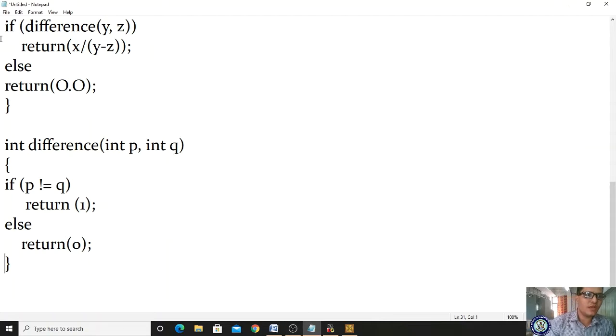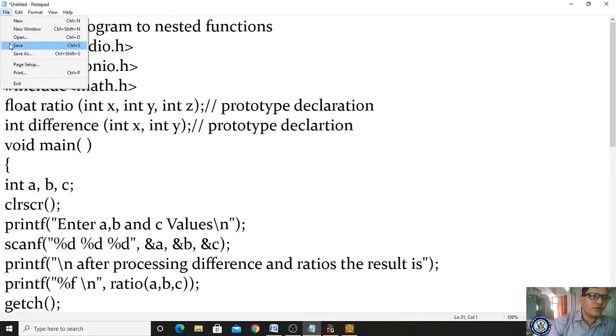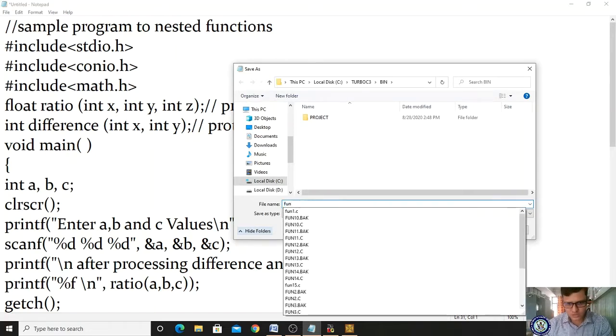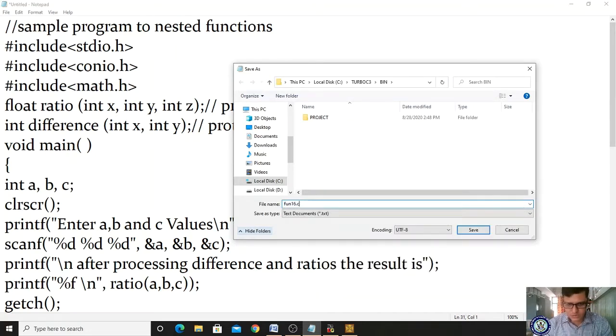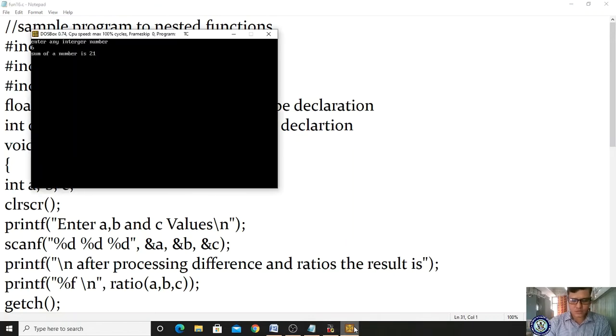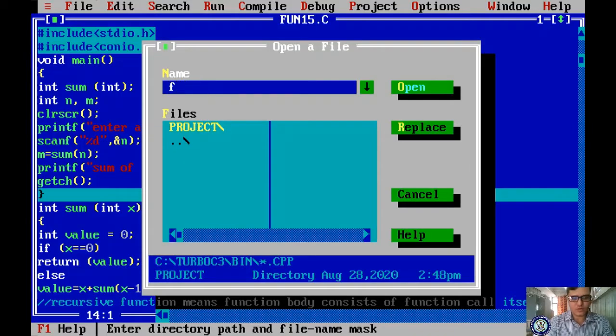Yes, let me copy this program and now we will see how this nested function will evaluate. Let me save it as fun16.c and come here to your editor, alt enter. So open your file fun16.c.